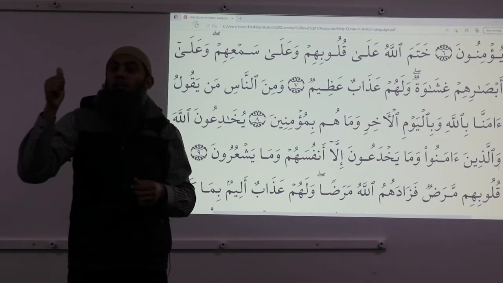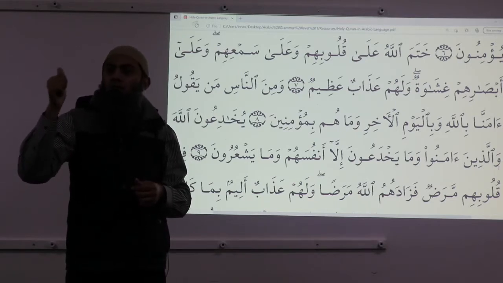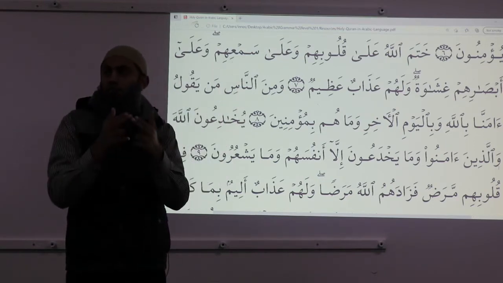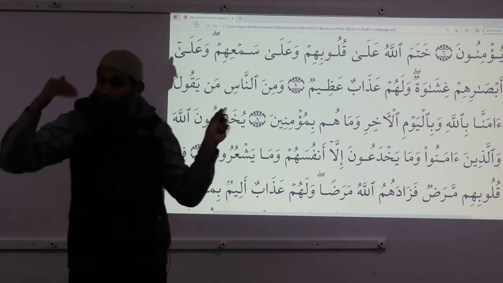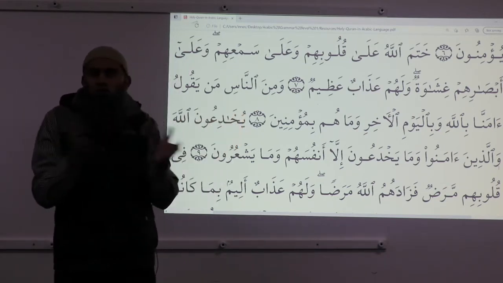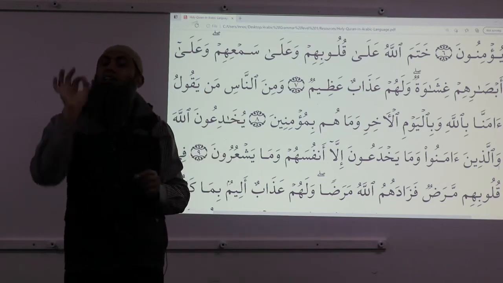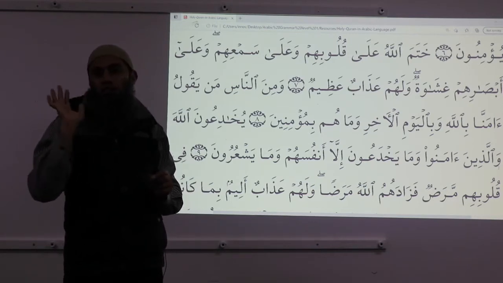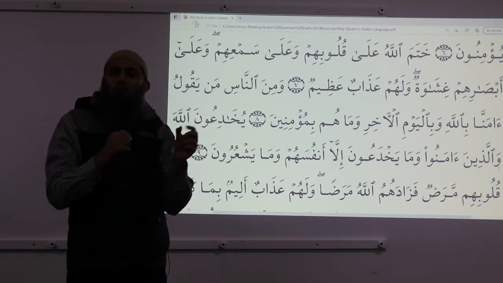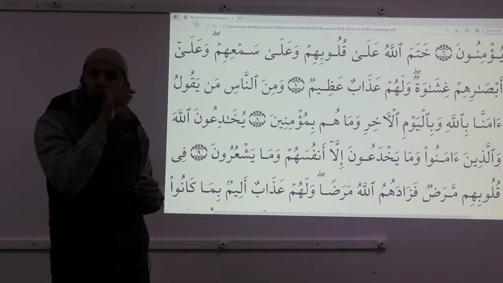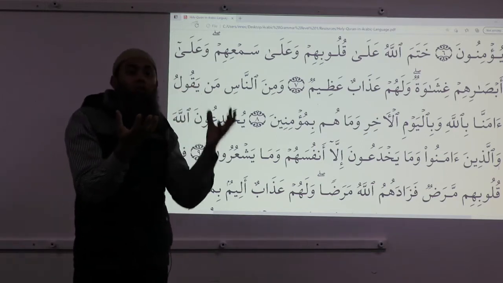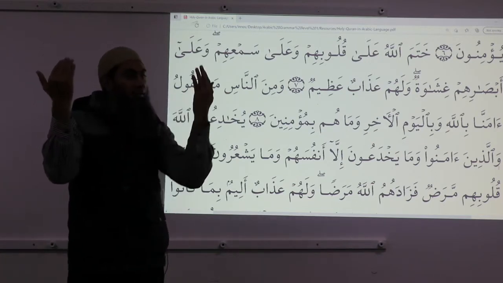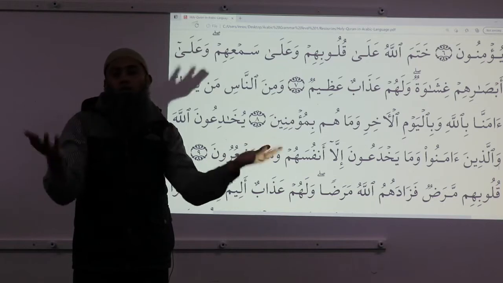So anyhow: ba, ta, kaf, lam, waw, min, fi, ila, ala, hatta. This is the list of prepositions in Arabic which are used in the Quran. There are other prepositions as well, but they do not come in the Quran, so we don't need them. So when any of these words occurs in the text, it's very simple. That word itself will become a preposition, and the ism next to it will be in jar status. That's the job of a preposition. And together, this word and this ism in jar status, we call them murakkab jari.